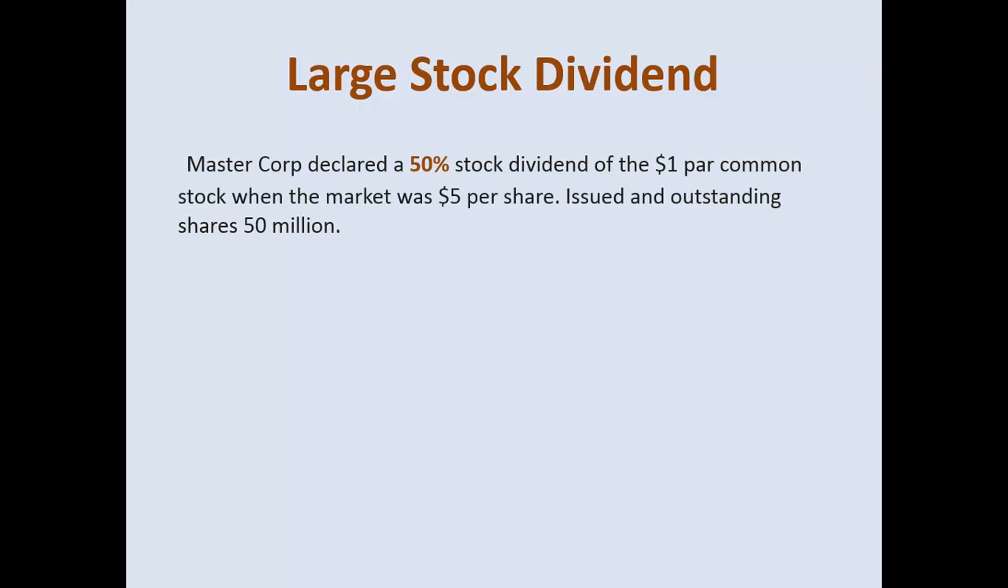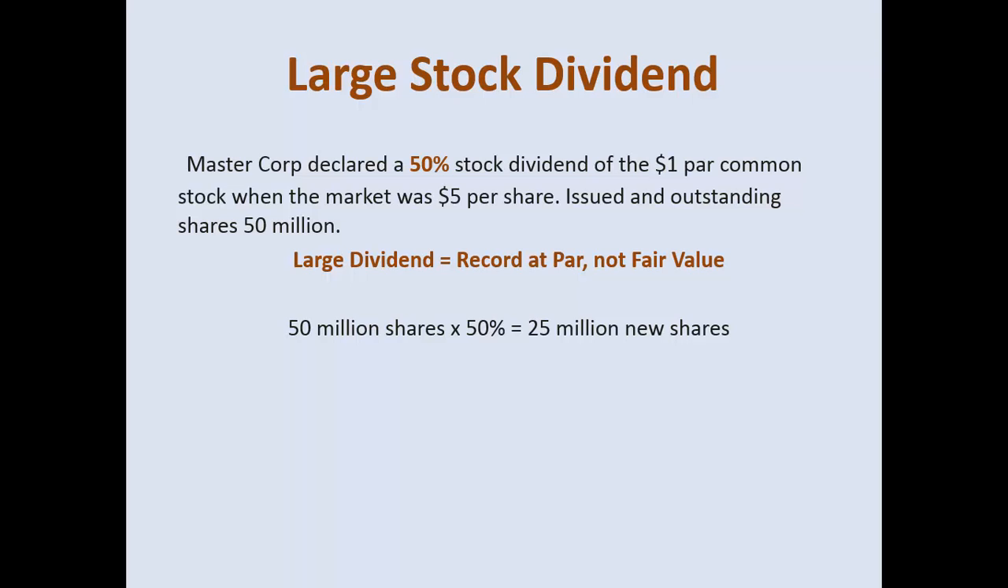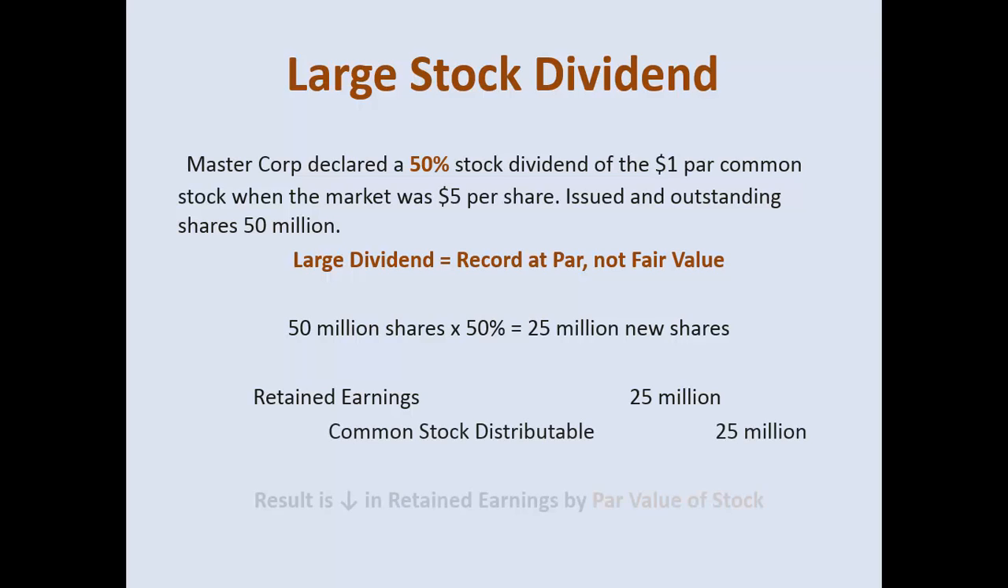Now let's look at Master Corp declared a 50% stock dividend. Dollar par, stock market value was $5 a share, issued and outstanding the same amount, 50 million. But first you have to determine, is it small or large? Because it's over that 25% mark, you can only record it at par, not fair market value. So there will not be a large addition to an APIC account. In this example, there are 25 million shares. Just coincidentally, it results in the same amount as the last example, although it will not always be. But the entire amount